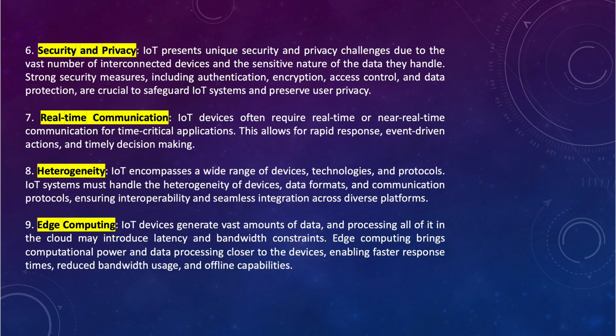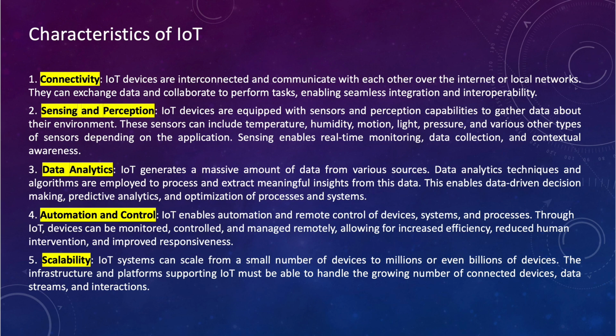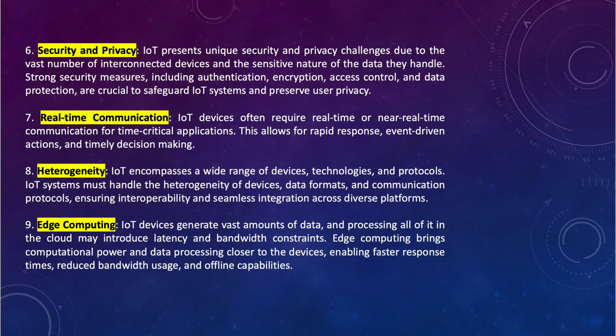So we started from connectivity. We talked about perception layers, sensing or the actuators inside, data analytics, automation and control. We talked about scalability. With all that, we need security and privacy, which, coming into any technology, is a key feature or characteristic that is needed. Then again, we talked about real-time communication. Real-time communication is a part of connectivity, but in IoT, real-time communication is a must-have characteristic,